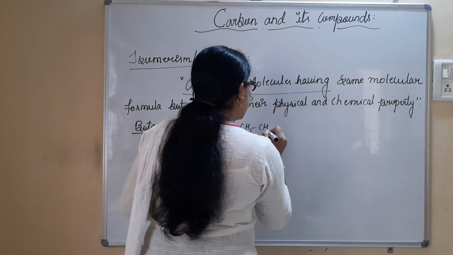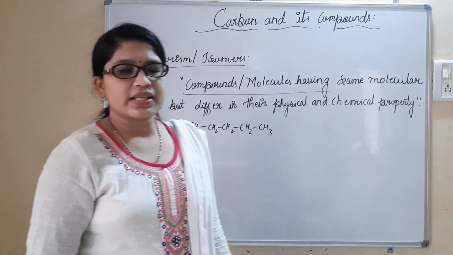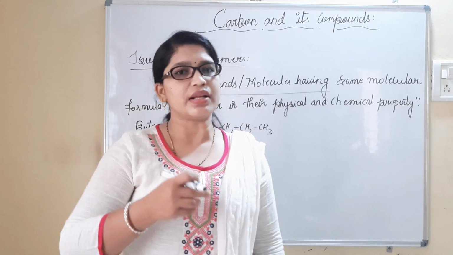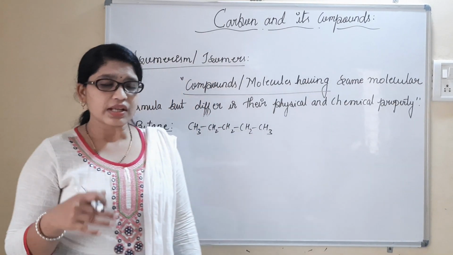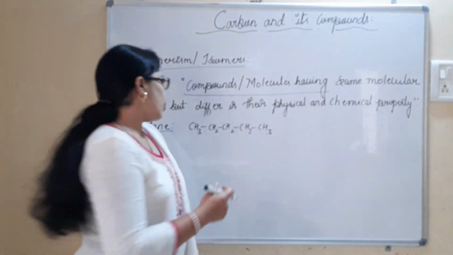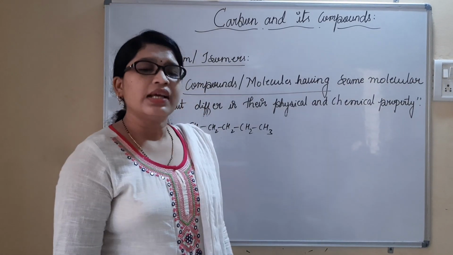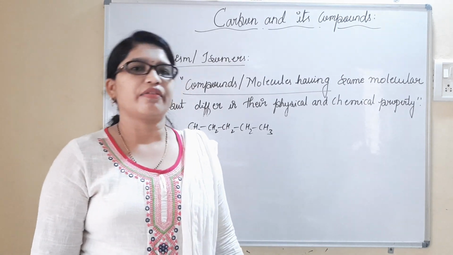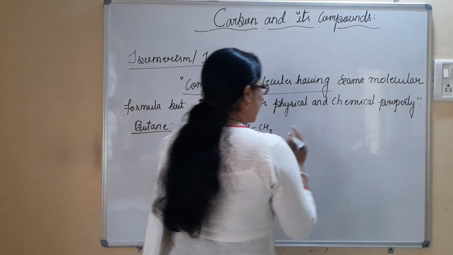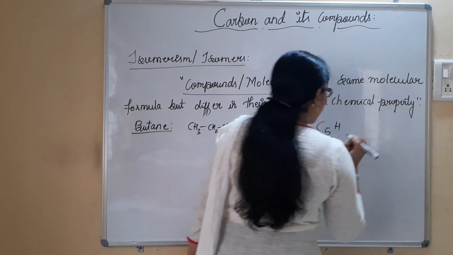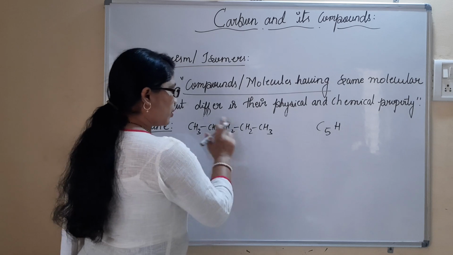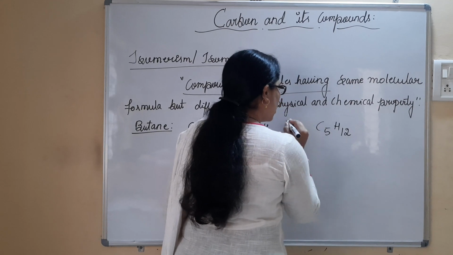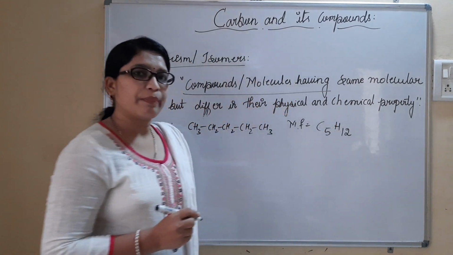Here I need one more carbon atom. We already studied methane, ethane, propane, butane, pentane, hexane, heptane and so on. You have even answered for the same. Now we are going to understand the pentane, its formula and possible structures for this pentane, which are referred to as isomers. So now see here, I have C5. How many hydrogen atoms do I have? 3 plus 3, 6 plus 4, 10 plus 2. C5H12 is referred to as the molecular formula for pentane.